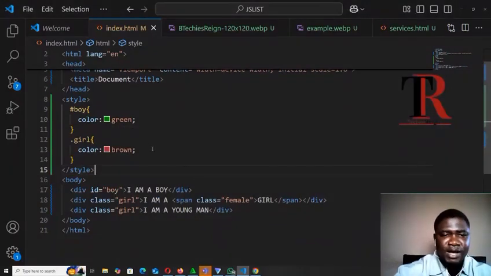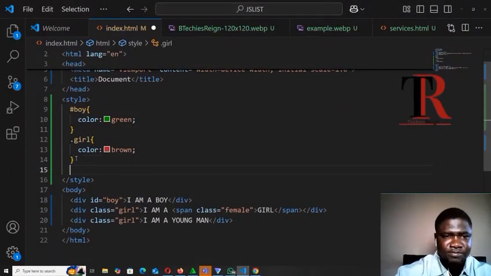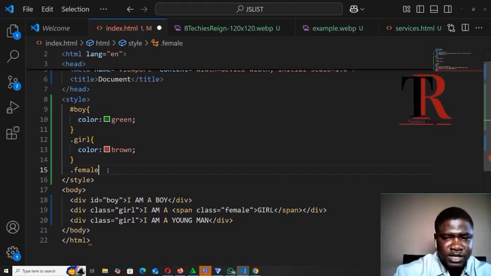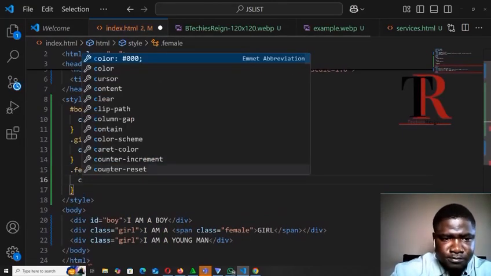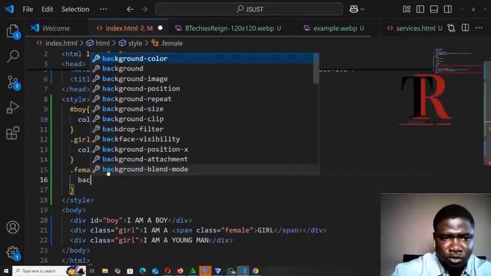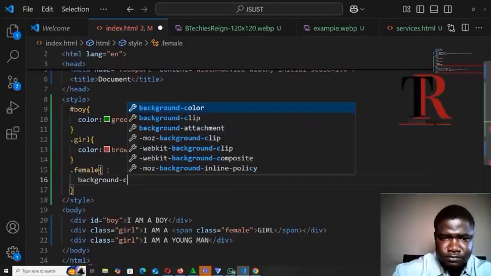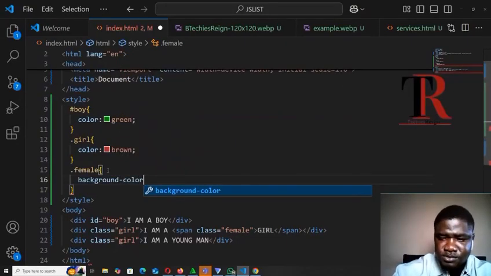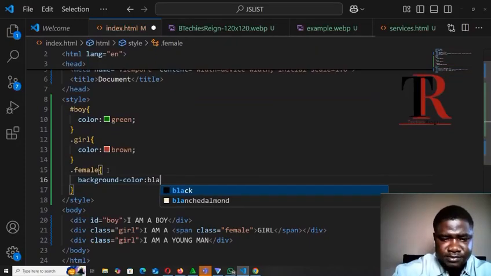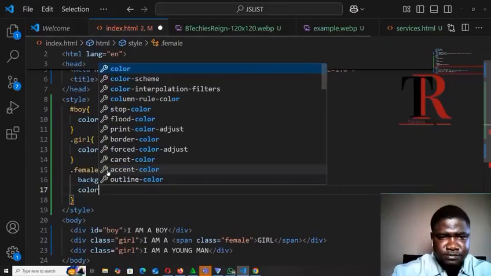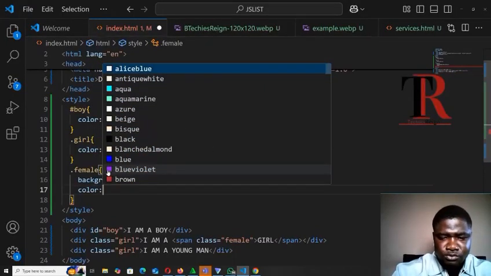Good. By that we now come to our styling. Inside our styling, I will now say dot female. You know, female is the class we are using. We will now say dot female. Then we will now open our curly brackets. I will now say color, or no, we will now say background color is black. Then we say color is yellow,